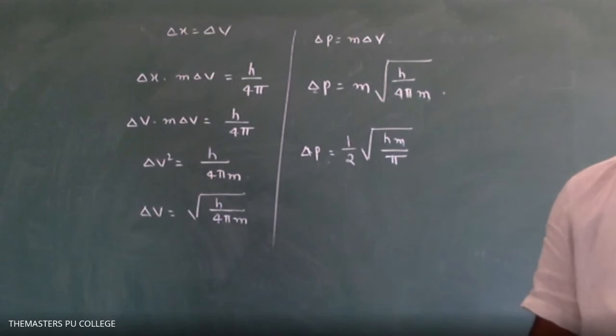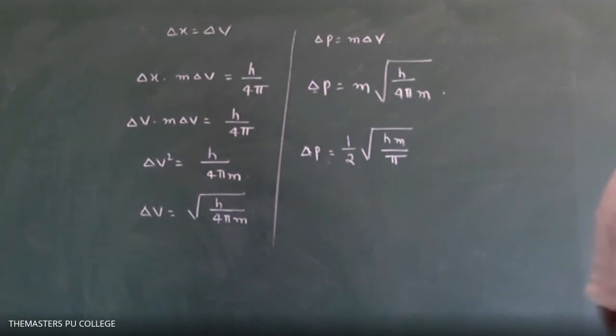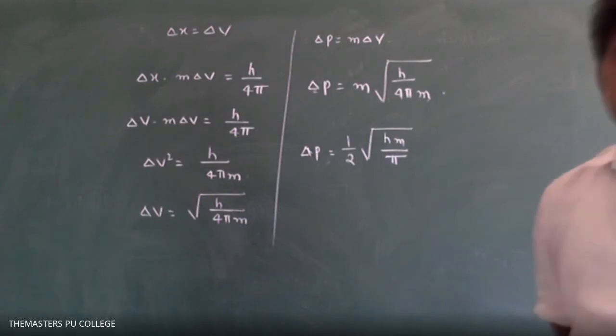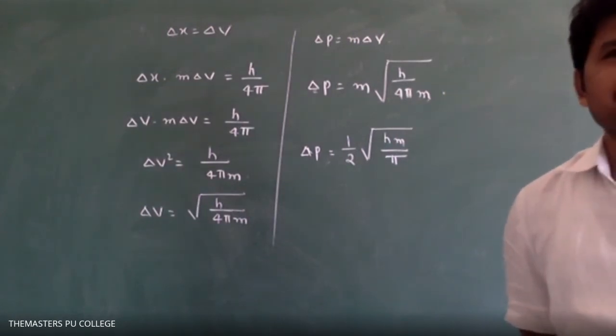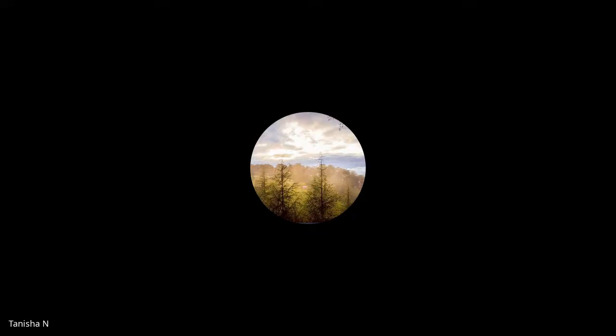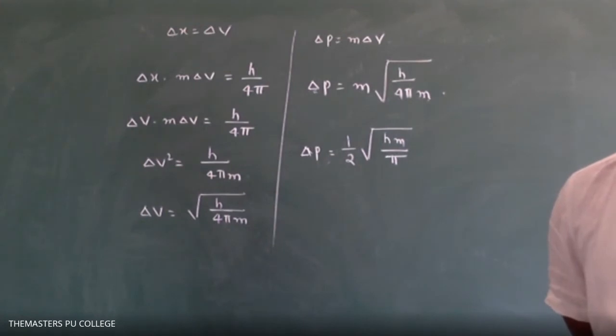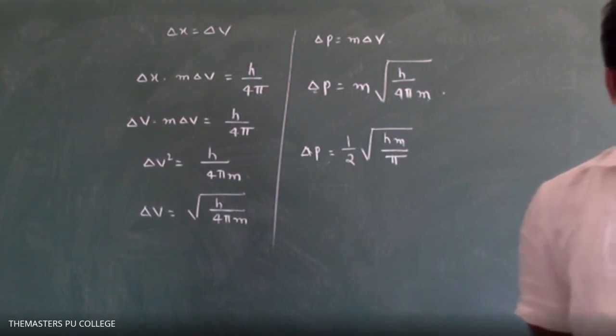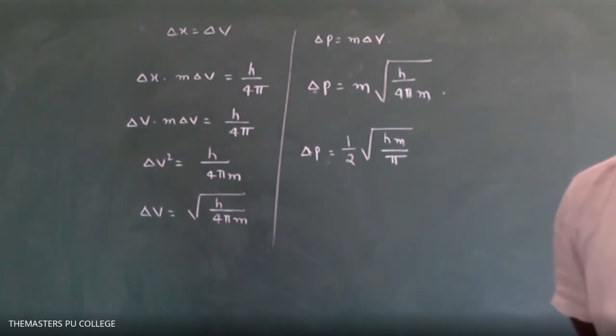Next, which of the following conditions is incorrect? Please open Schrödinger wave equation about psi and psi square. Psi may be positive, negative, or 0, but psi square is always positive. So that's why the first option is the incorrect statement. Why? Psi may be positive or negative or 0, but it is given only positive. So that's why the first one is wrong.